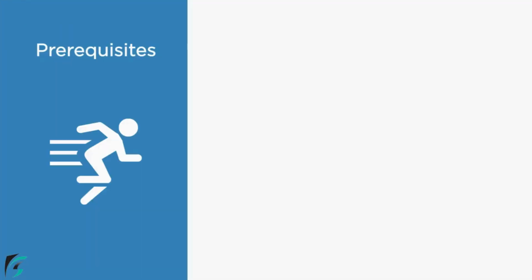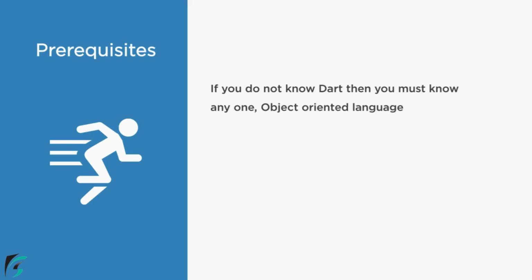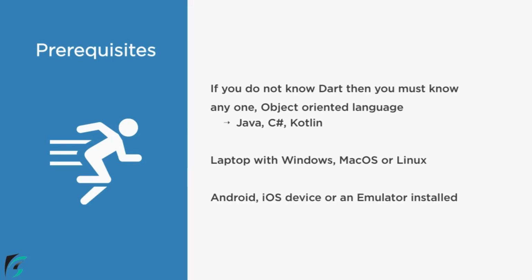Now this course comes with a few prerequisites. Since Flutter uses Dart for application development, you should know how to write code in the Dart language. Now in case you don't know Dart, then you must know one of the object-oriented programming languages, such as Java, C Sharp or Kotlin. And you must have a laptop with Windows, Mac OS or Linux operating system. It's totally up to your choice. And if you have an Android device or iOS device, then you are good to go. In case you don't have these, then you have to install an emulator on your system. Well, for this course I will be using Android Studio. And during the course we will have a lot of